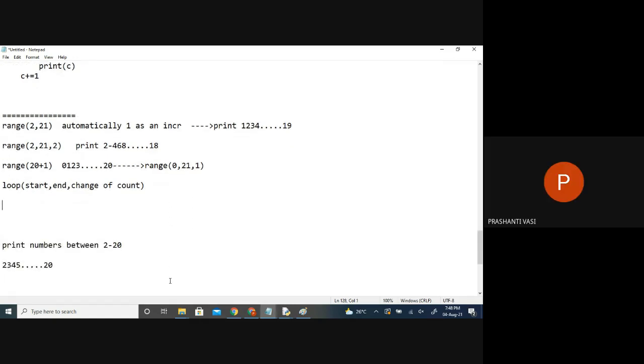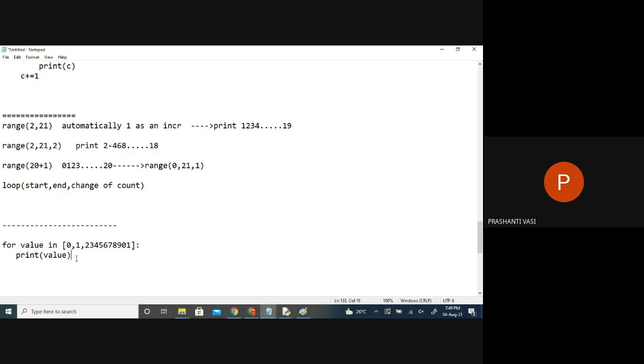Here in the for-in loop, what we will do is take the help of this range function. Now the for keyword takes each value generated by the range function. The range function is generating which numbers now? 0 to 10. It's like a list of numbers, assuming a list of 10 numbers, 0, 1, and it goes on. Each number is taken and stored in this variable, one by one, not all at a time, and you can print that value.